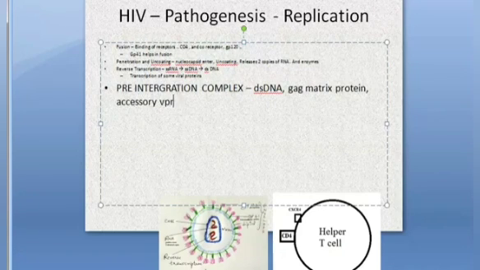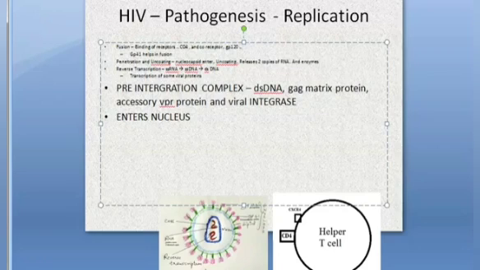All this you studied, remember, in non-structural protein VPR. And viral integrase. Without integrase, how will it integrate? No. So it needs this integrase enzyme. So this is called the pre-integration complex. Now it enters the nucleus. Now it is entering the host nucleus.